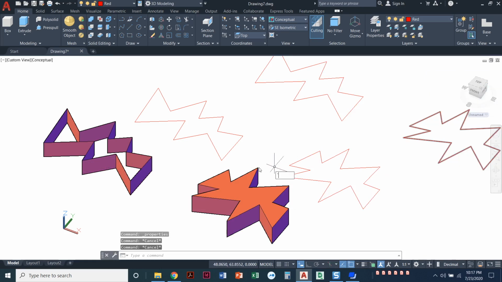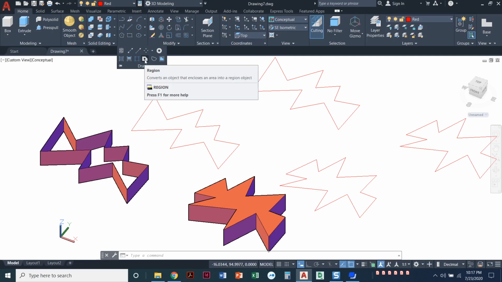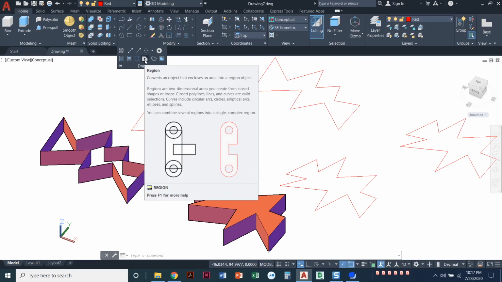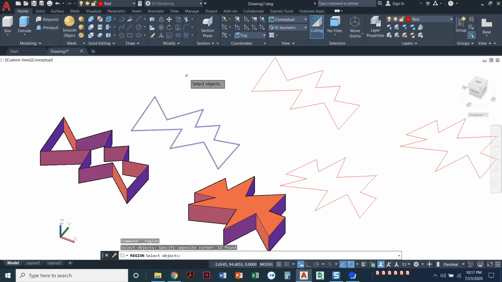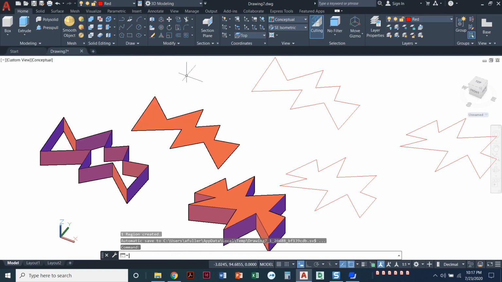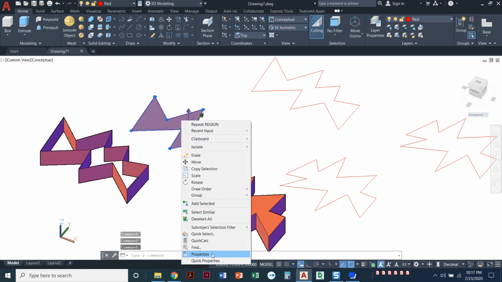So close this out. What can we do to fix that? There's a couple of things you can do. If I come in here and draw a region, you can type R-E-G-I-O-N, or you can click on the little icon here. To get to it though, you have to get where it says draw. We're going to pull that down and select that icon here. What the region does is you highlight all those lines, press enter, it makes a flat surface on the bottom of this. So if I come in here and look at this and go to properties, what does this one say?